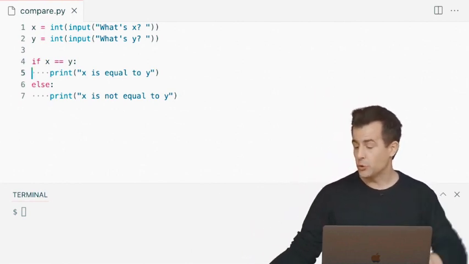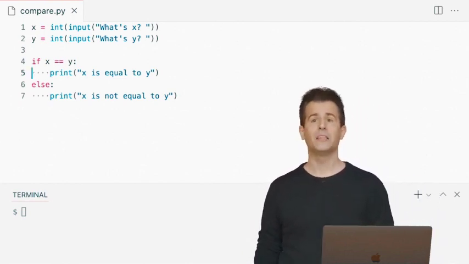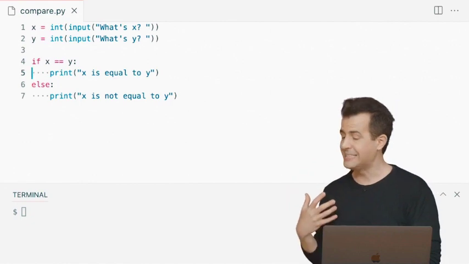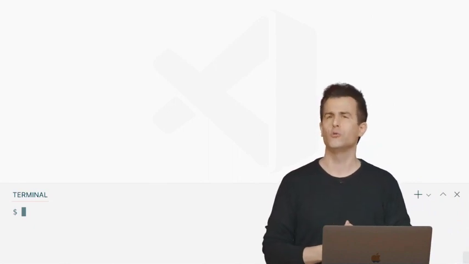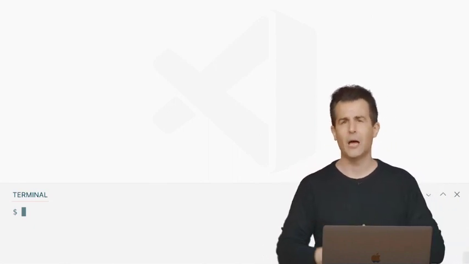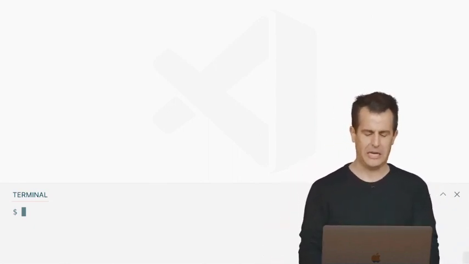Well, let me propose that we introduce one other keyword here in Python to see exactly how we might combine additional thoughts. And that's going to be literally the word and, a conjunction of one or two or more questions that we might want to ask at once. And let me propose here that we explore this kind of logic by way of another program altogether in VS Code, whereby I'll go ahead now and create a new program, say, called grade.py. Let's consider exactly what grade a student should get based on their score on an exam or a test or a quiz or some other assignment like that.